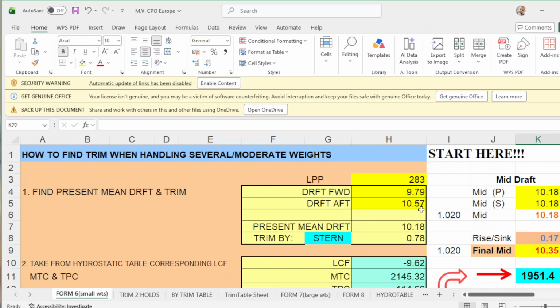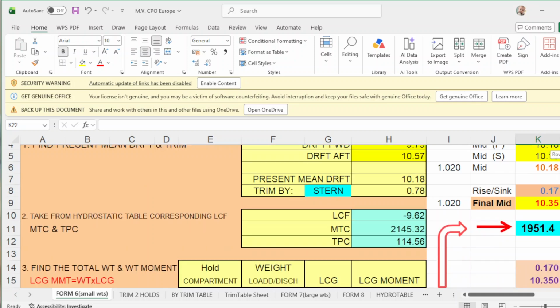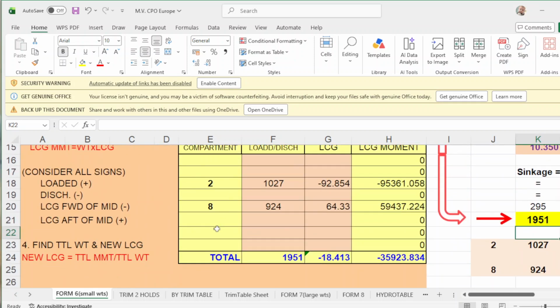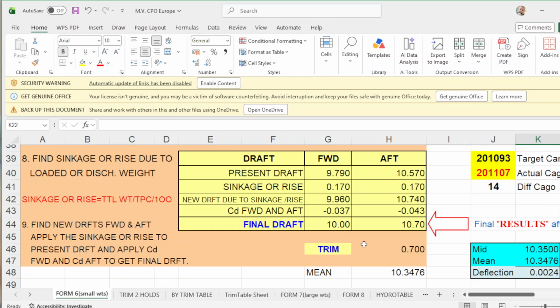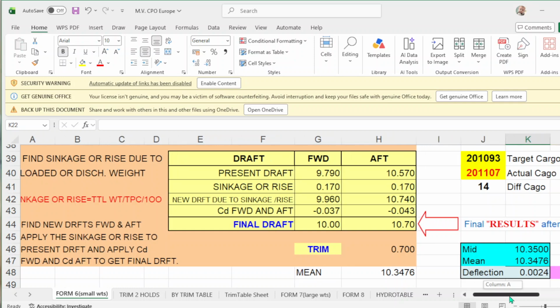Okay, this is your initial trim, initial draft, your cargo hold and your weight loaded in each hold, and your departure drop forward will be 10 meters, up drop will be 10.70, trim is 70 centimeters, mid drop will be 10.35 rounded up, and you have a zero deflection.